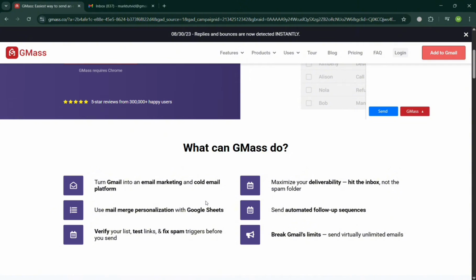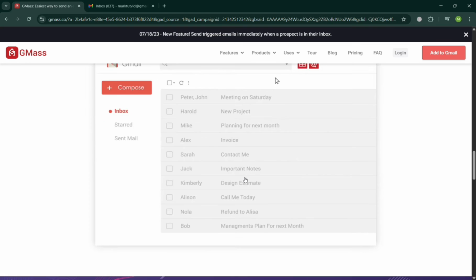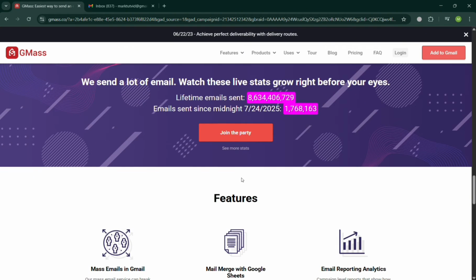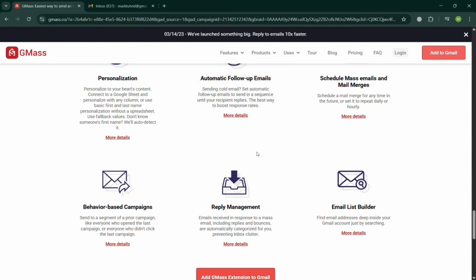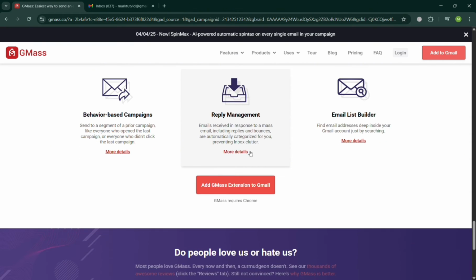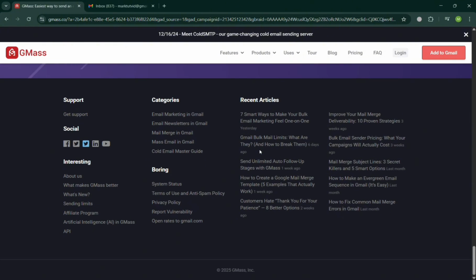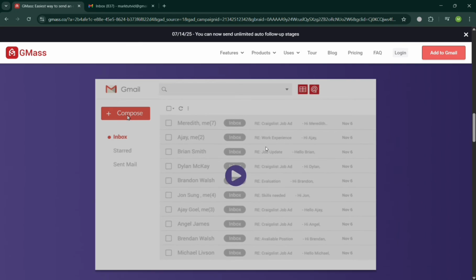But before that, if you don't know what Gmass is, it is a powerful email marketing and automation tool that works directly within Gmail. It is widely used for sending mass emails, creating email campaigns, and automating follow-ups without the need for external platforms. Gmass is especially popular among marketers, sales professionals, and recruiters due to its simplicity and robust functionality, where users can personalize emails using data from Google Sheets, track opens and clicks, schedule emails, and set up automated follow-ups based